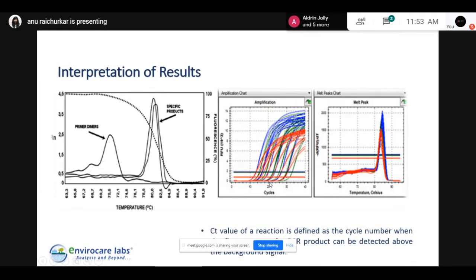And the CT value: if I consider this particular curve, if we are getting a signal at this curve, this means at this cycle number 20, we are getting a peak. So based on these CT values, we will interpret whether the product contains a GMO or not. It is very clear in this graph. So any peak above